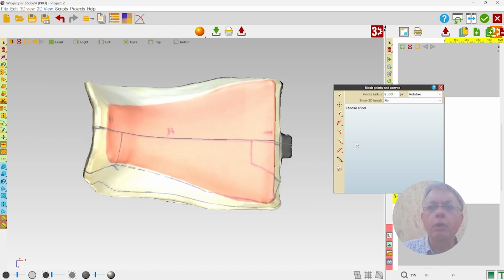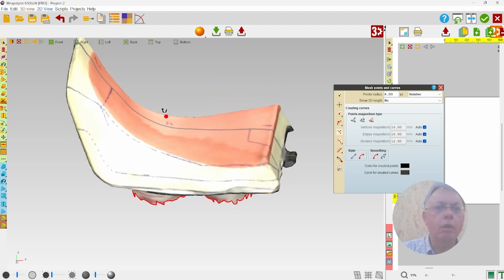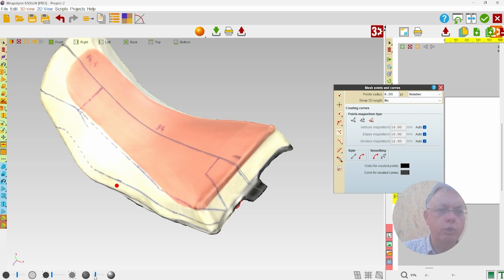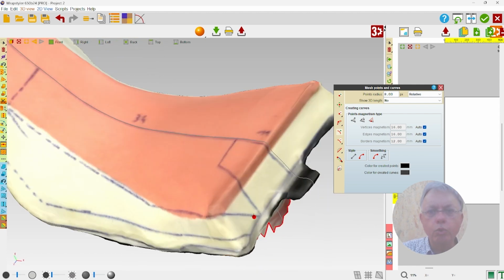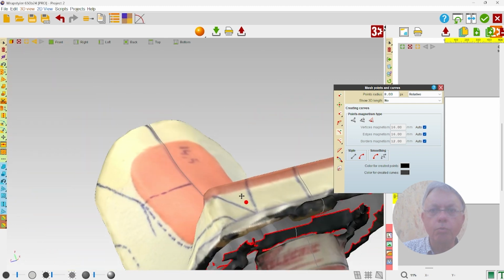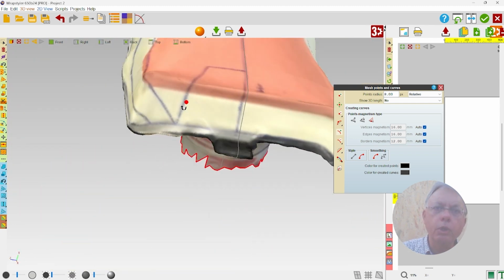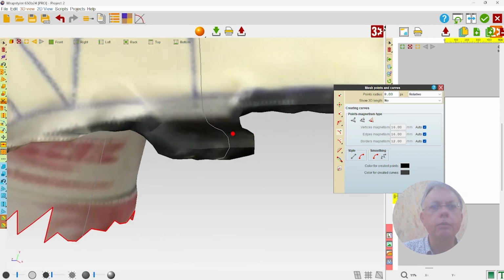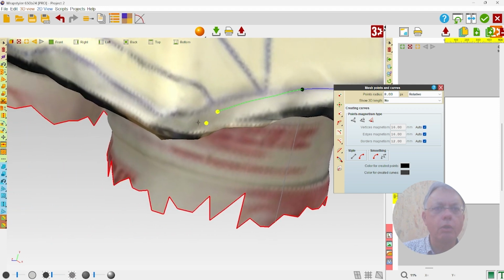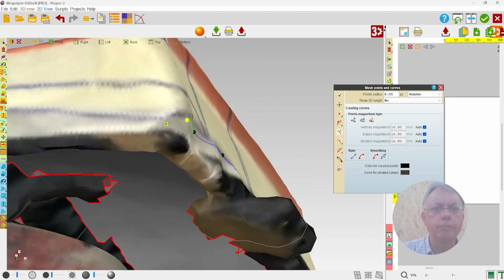Then we are going to quickly draw the seams on this seat, reducing the light a bit, and I'm going to draw maybe the most important line, which is the cutting line outside here, the limitation of the covering here.